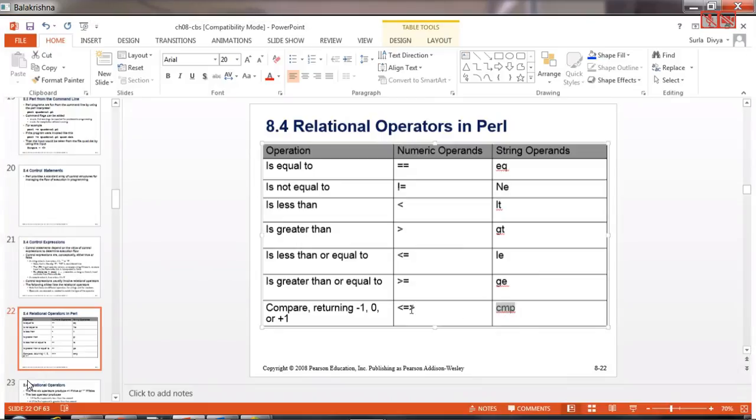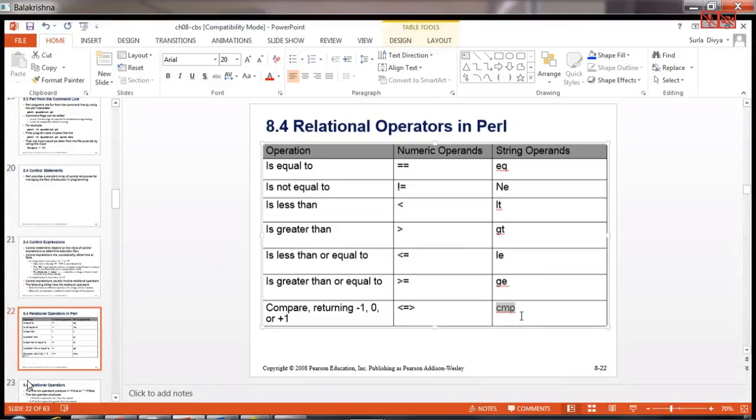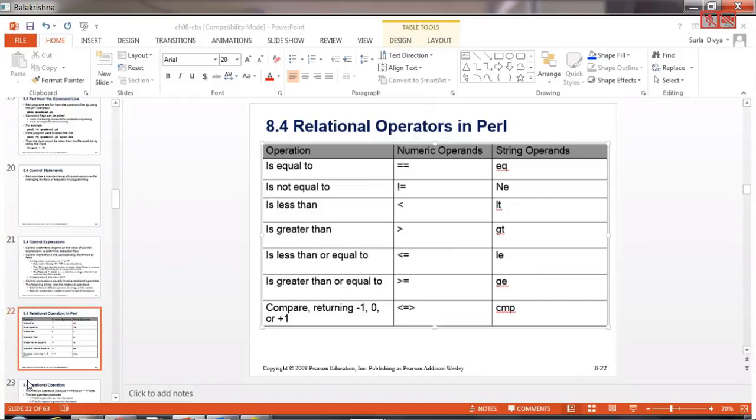So if they are equal, it should give me 0. If they are one, let's say the left string is, I'm sorry, I have a cold. If you're not clear, excuse me for that. So if at all the left string you are comparing is, let's try to check. One second, I will try to see.